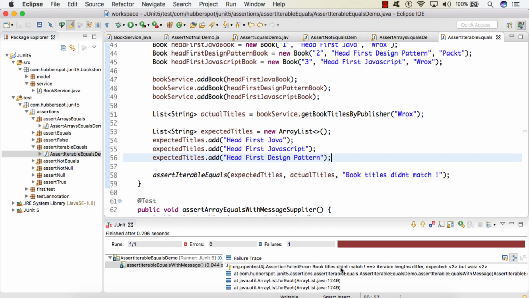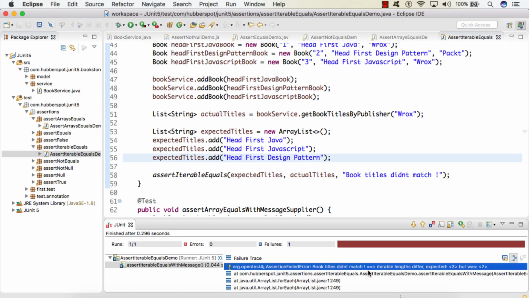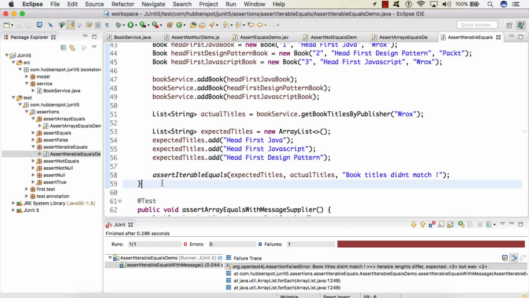Here you can see it gave the assertion failed error with the same message which we saw earlier, iterable lengths differ, expected 3 but was 2, and it also printed our string message saying book titles didn't match. So friend, this was the second assertIterableEquals method.